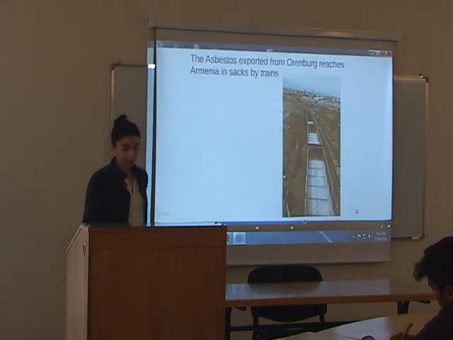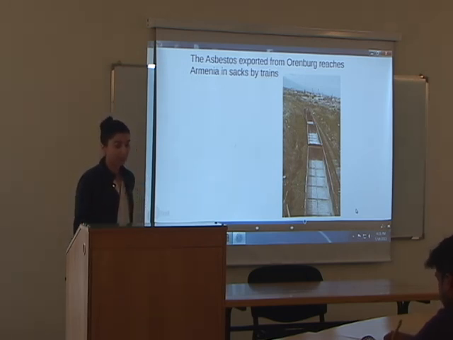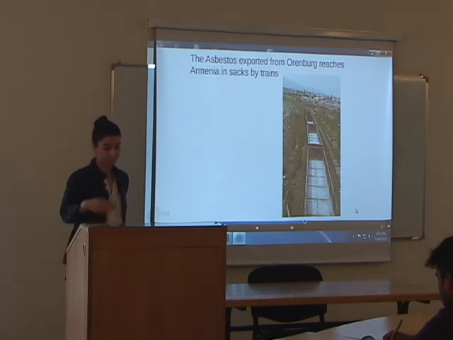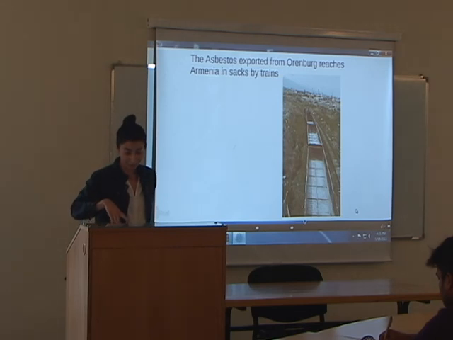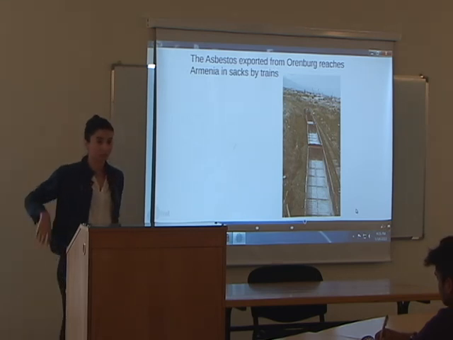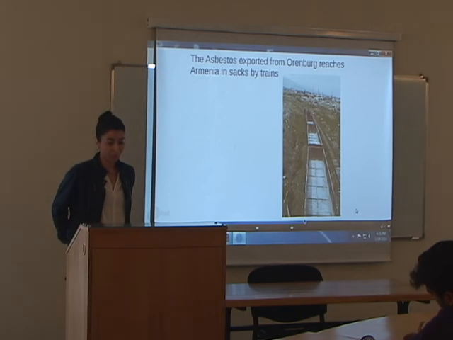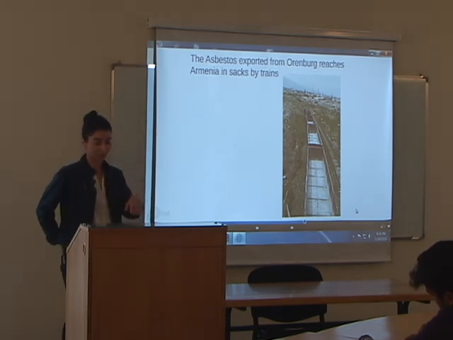And as I already mentioned, the asbestos comes to Armenia from Orenburg. It reaches Armenia in sacks by trains. And I made this photo. This train was coming from the Ararat cement factory, close by. The railway was coming from there. I'm not sure about the destination, but as you can see, there is no cover at all.